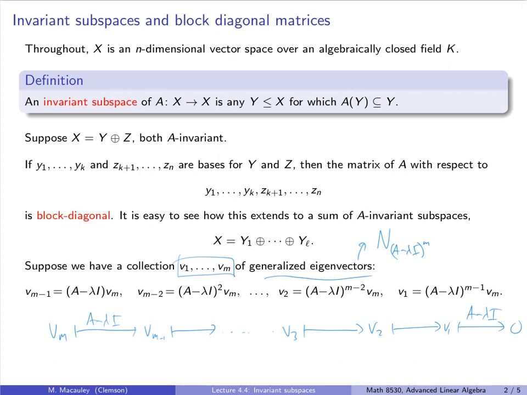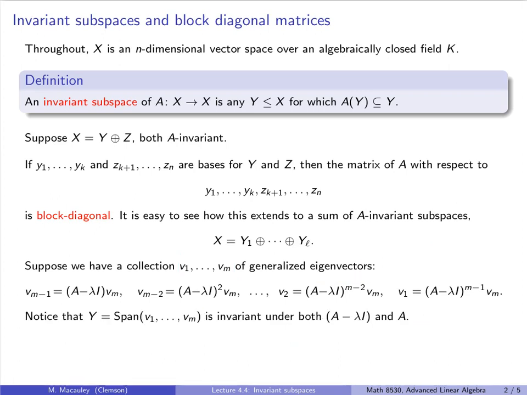Or technically what I mean by that is the span of these vectors is invariant under A minus lambda I. And actually, not only is it invariant under A minus lambda I, but it's also invariant under A. And that's easy to see. If we take, let's say, Vm, for example, and we apply A to it, we can see what that is